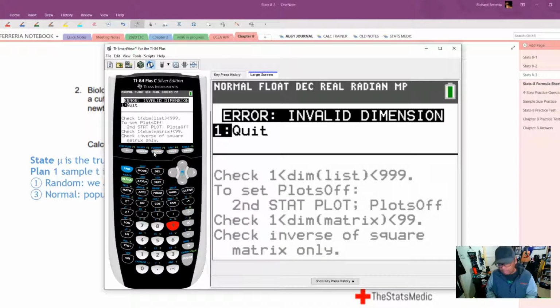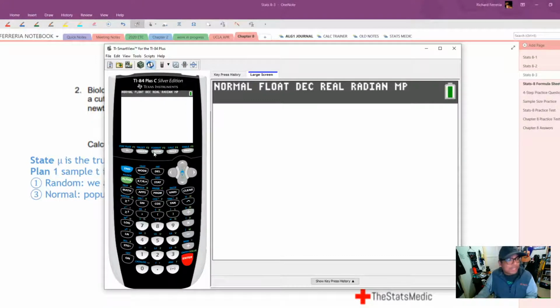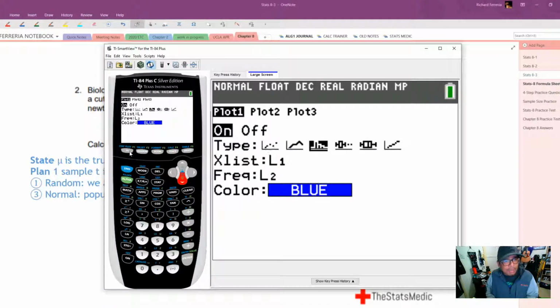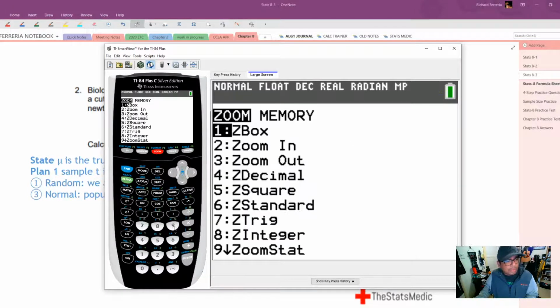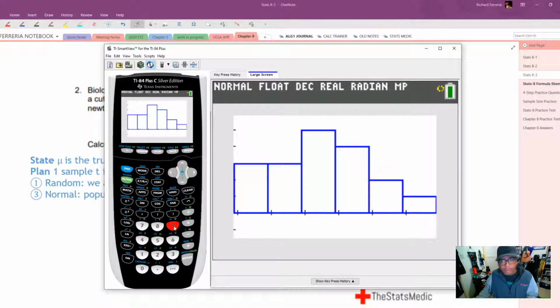Whoa, problem. That's going to happen sometimes. Let's check to see where that problem is. I'm going to go back to the stat plot menu. Yeah, I see what the problem is. I still have a frequency list here. So I think if I change that to 1, then that should work. Let's try it again. Zoom, stat. There we go. That's our